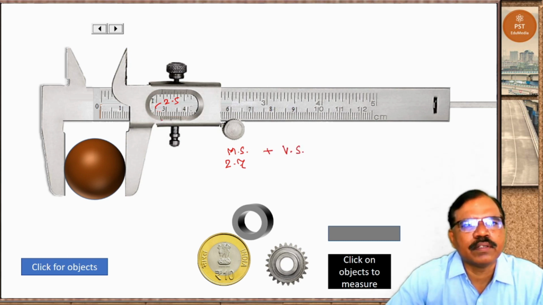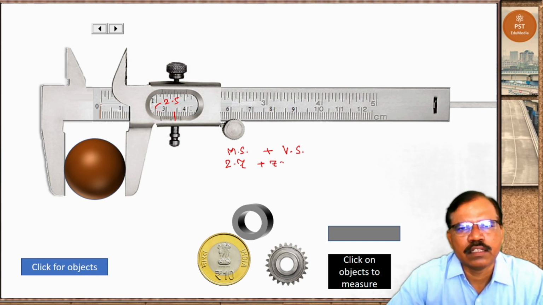Now out of 10 lines on vernier scale, if we see here, this line it matches. So it is now seventh line. So plus 7 into 0.01.